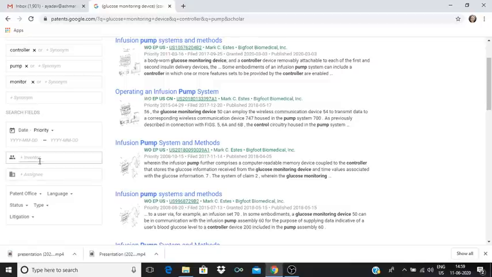We can also limit it by inventor and assignee. So assignee is the one who has the right over the patent. Inventor is the person who has worked on the patent. Assignee could be an inventor also. Suppose an inventor has filed a patent, so he'll be both an assignee and an inventor. But most of the time, the assignee are the corporations who file a patent. And they give due credit to their inventors also. So the assignee is the company. Suppose since we are talking about glucose monitoring device, let Cipla be the company and the scientists who are working for Cipla, they'll be named under inventors.